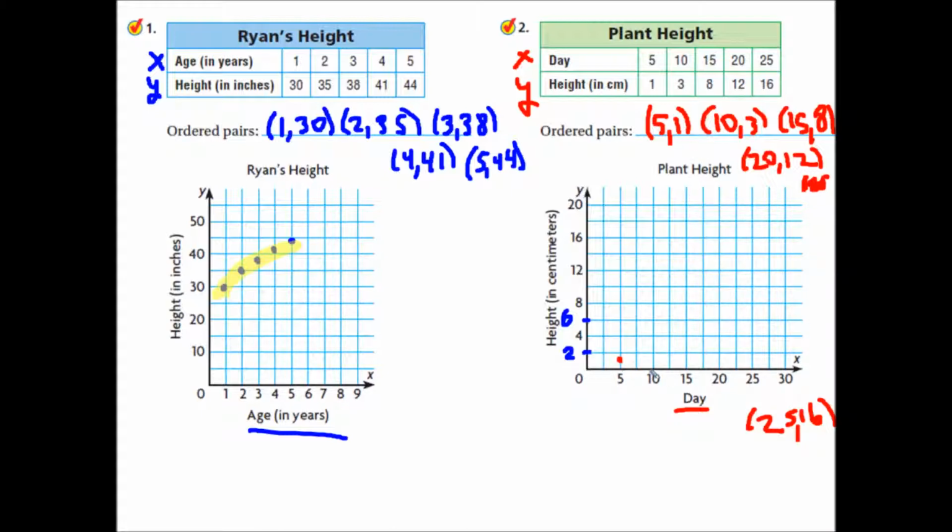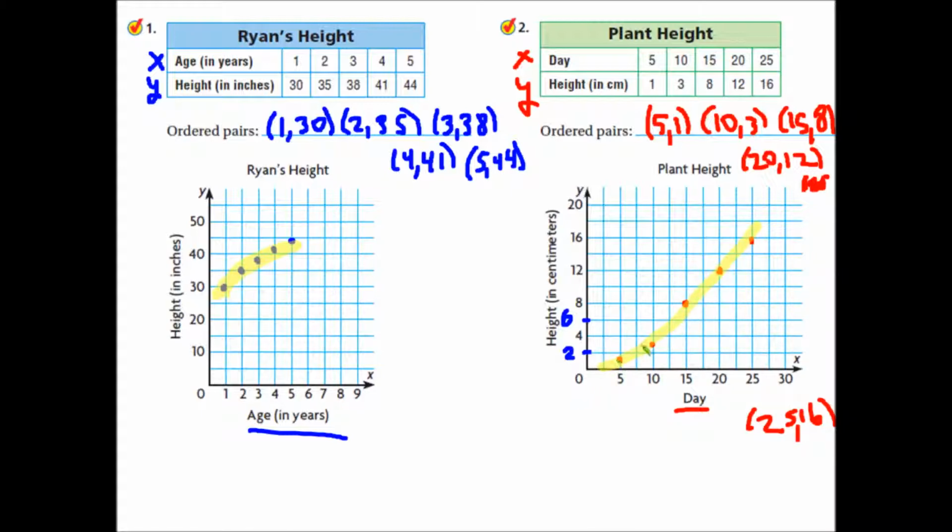The next one is (10, 3). Now 3 is going to be halfway between 2 and 4. It's going to be right there. Some students felt like they had to line up with the line, and that is incorrect. That would have given us (10, 2) or (10, 6). The next one is (15, 8). The next one is (20, 12). Those are easier. And then we have (25, 16). You can see kind of an upward curve here for the plant height